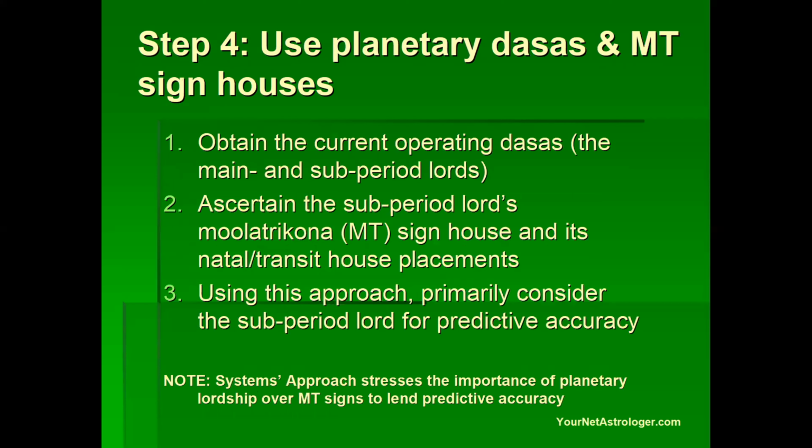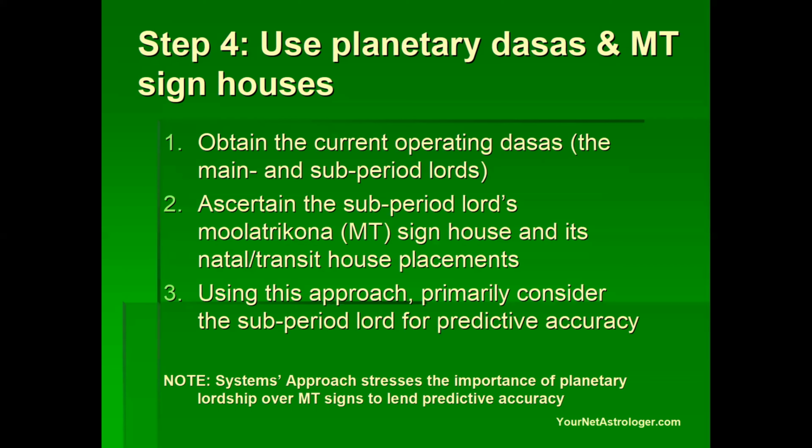Then when we have prepared the horoscope, identified the aspects and conjunctions, we see which planets are currently operating in the chart, that is the main and sub periods. In the systems approach, we lay more importance on the sub period than the main period. So we must see how the sub period lord is placed in the chart, in which house it is placed, and which house it rules, whether it is a functional malefic or a functional benefic planet, and how this planet, the sub period lord, is faring in the transit. What is its transit strength?